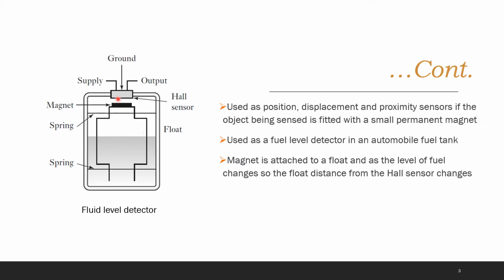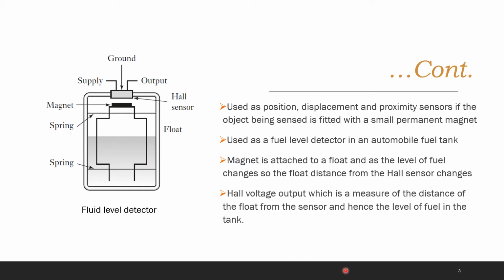Now based on the distance between the Hall sensor and the magnet, the magnetic flux density will be decreasing as the float goes down. Now we have seen that the voltage from the Hall sensor will depend on the magnetic flux density. As the distance increases, the magnetic flux density decreases and the voltage will be less. Thus, by monitoring the voltage from the Hall sensor on the fuel tank, the level of the fuel, or the distance between the Hall sensor and the magnet, can be found out, which gives the level of the fuel in the fuel tank.